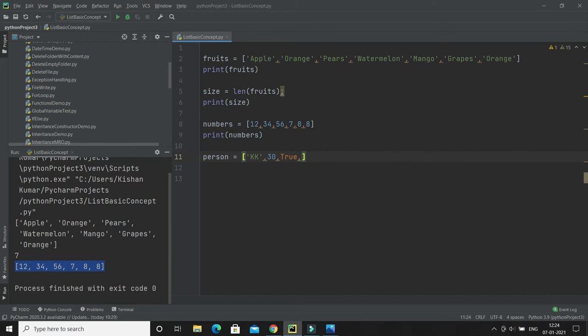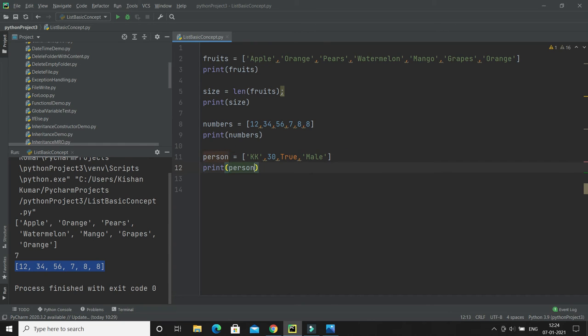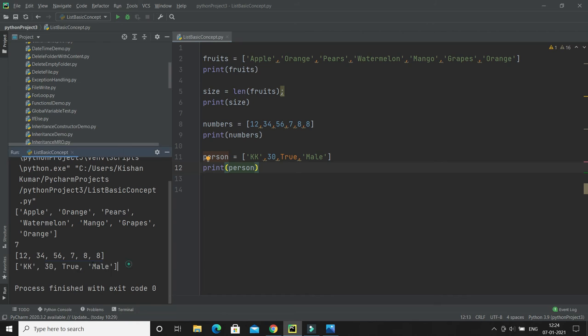So any mixed data type you can give, like again I can give gender male, something like that. So here you can see I have a string, an integer and a boolean as well. So you can have mixed data types when you create a list. If I run, then here you can see this list has been displayed.